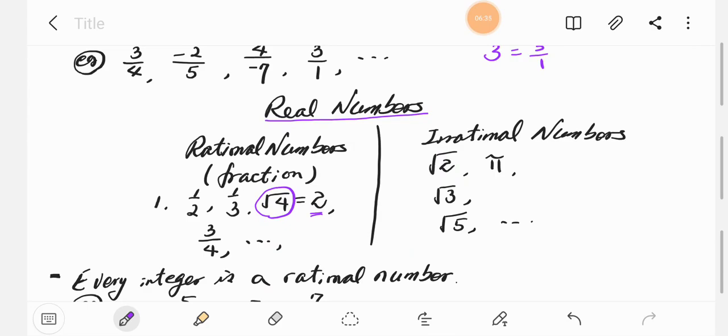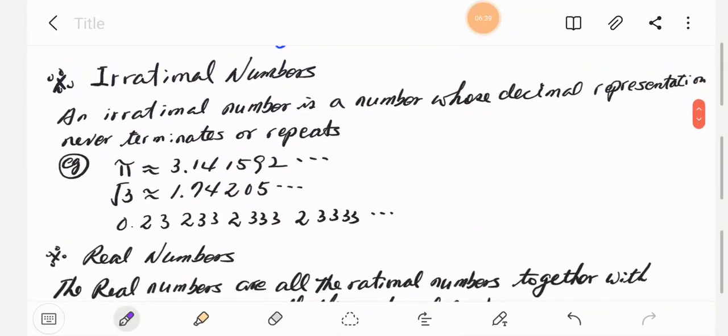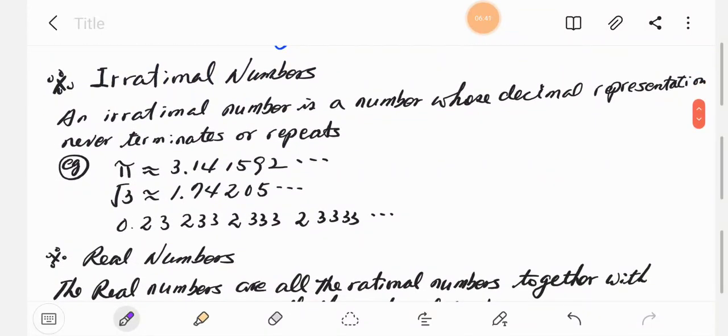An irrational number is a number whose decimal representation never terminates, or never repeats. So the symbol pi,